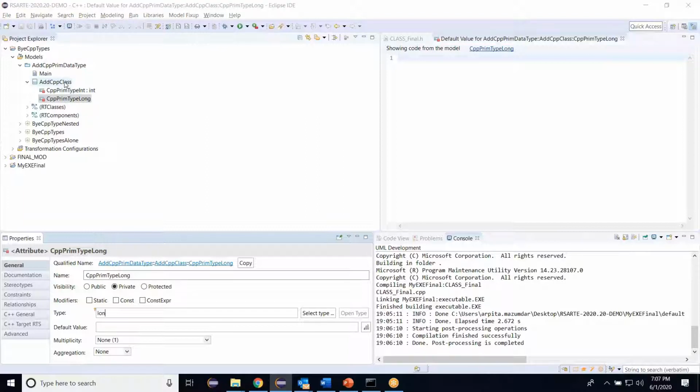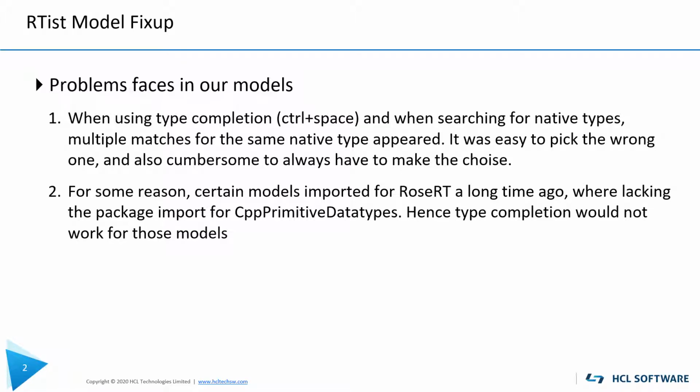We have also seen that in certain models, the CPP primitive data type is missing. That is what I've discussed right now. So that will add the CPP primitive type package to our model. Secondly,